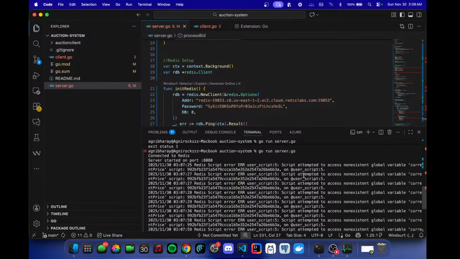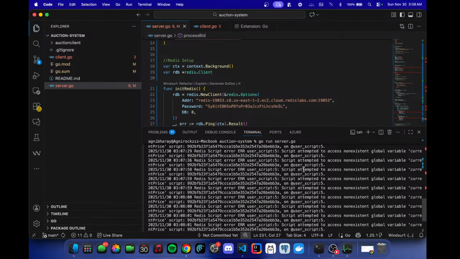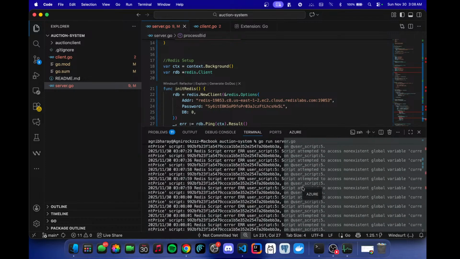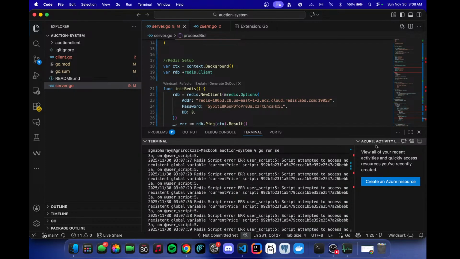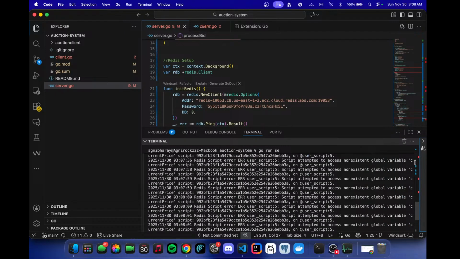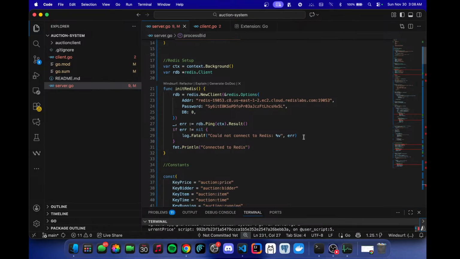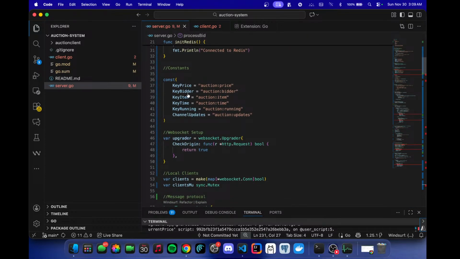Okay. What I think actually is that there is some problem with our constants. I think so. I don't know, might be wrong, but